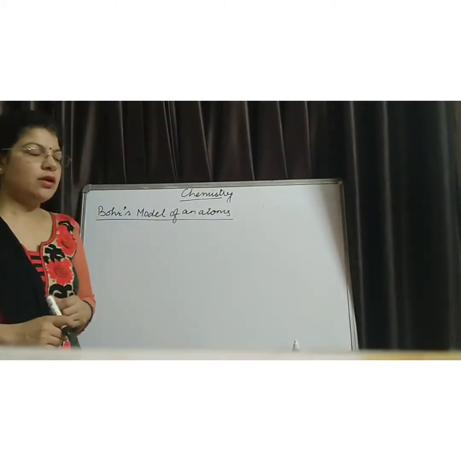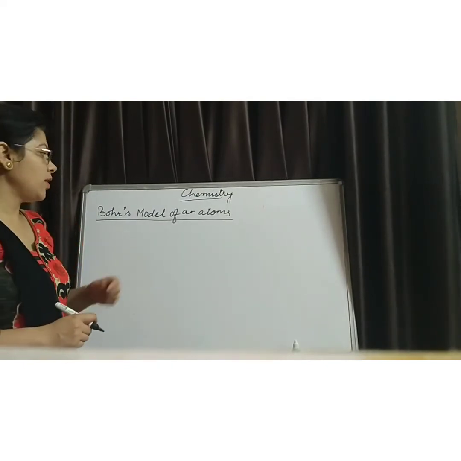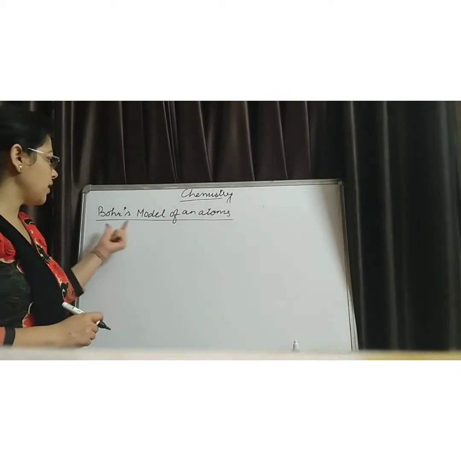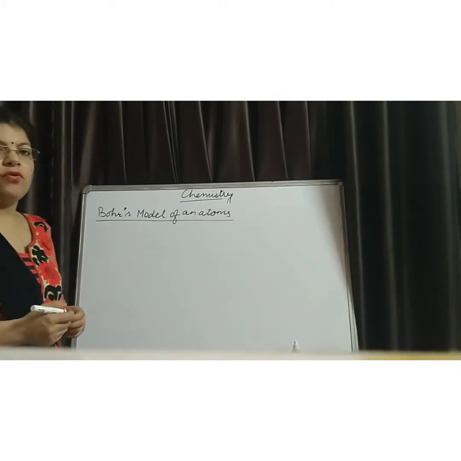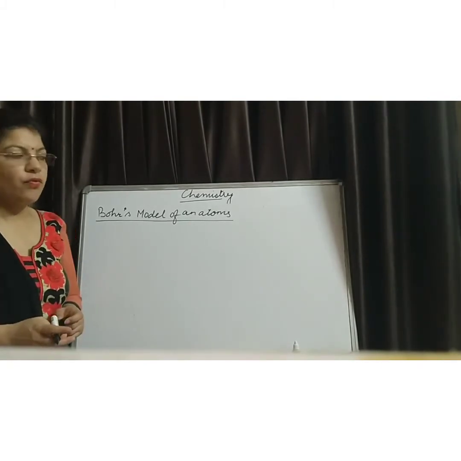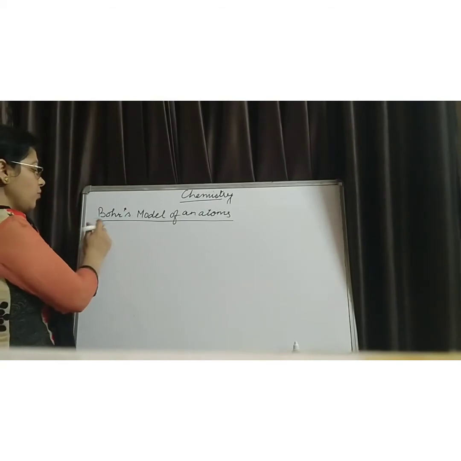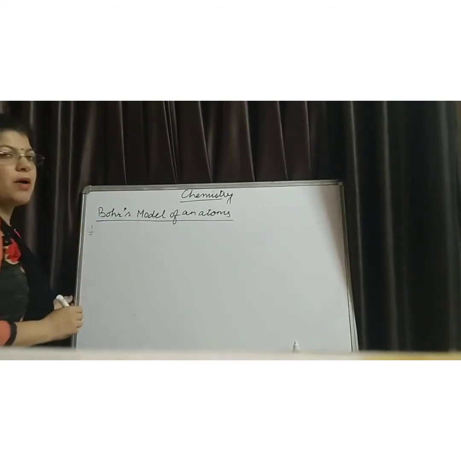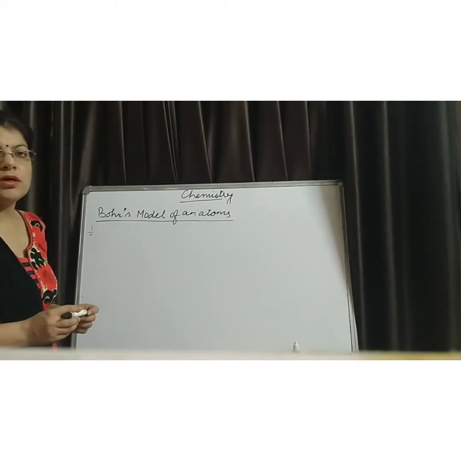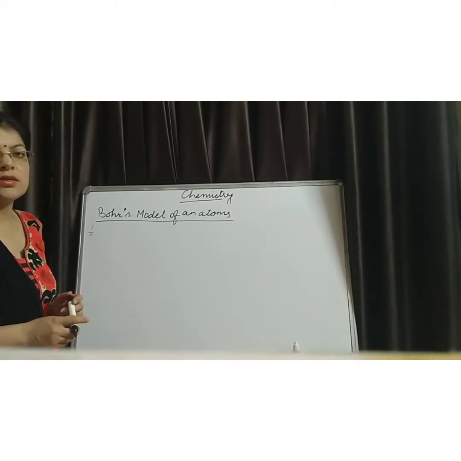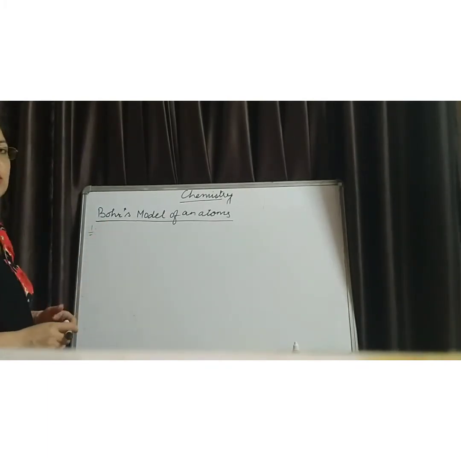After the failure of the Rutherford model, another model was proposed by Bohr. We know that the failure of the Rutherford model was the stability of the atom. So the first point of the Bohr's model is about the stability of the atom. How does it explain the stability? For the stability, according to Bohr's model,